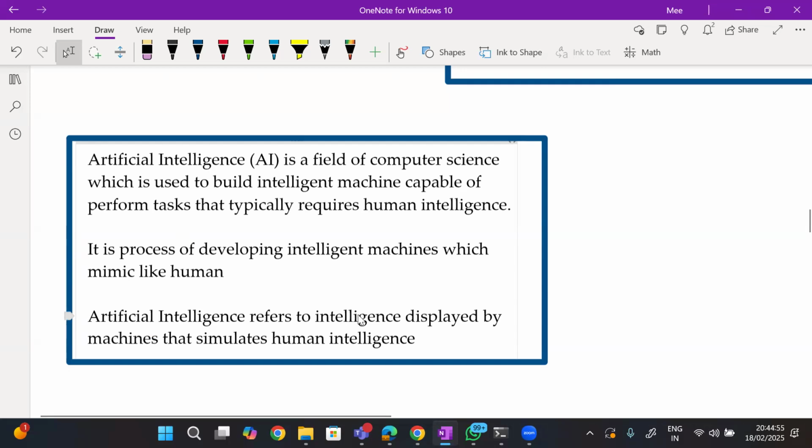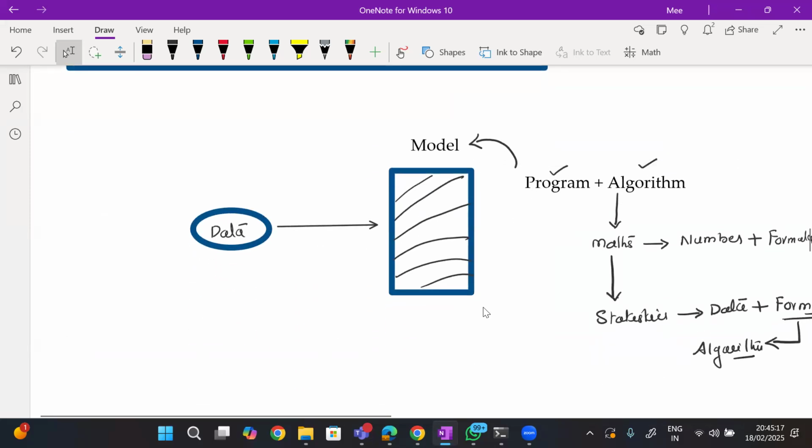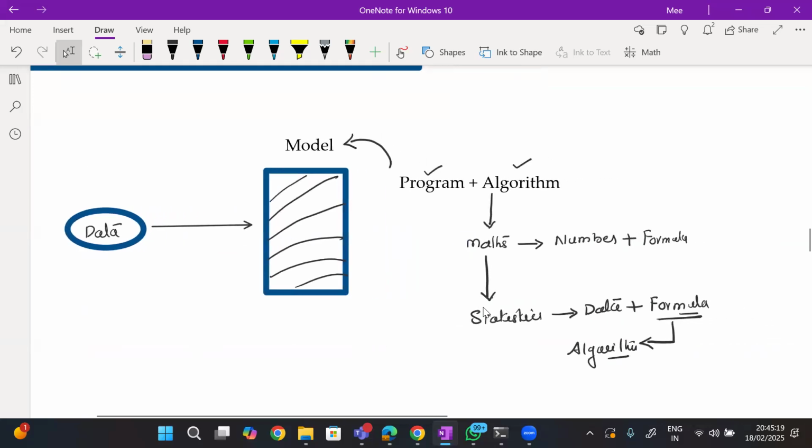Artificial intelligence refers to the intelligence displayed by machines that simulates humans. In simple terminology, guys, you are making a machine intelligent so that it can behave like humans. The core mechanism of artificial intelligence is that you create a model and give data to the model.